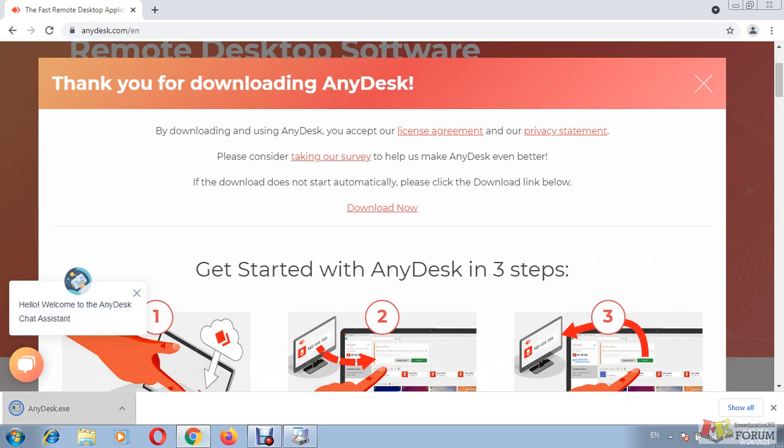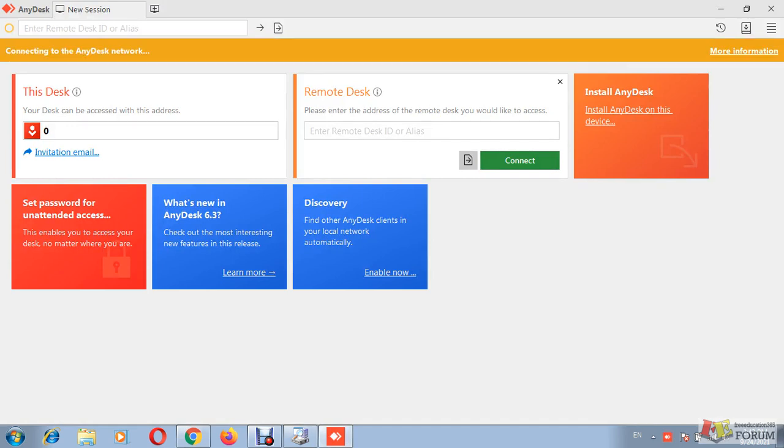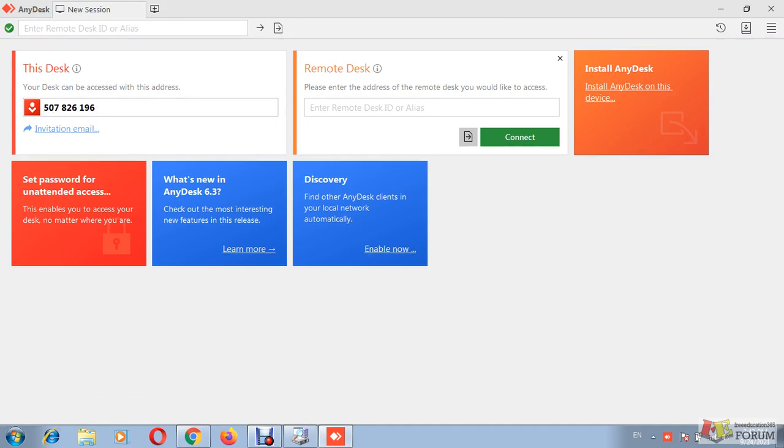Okay, after download we will open it. Once ready, you will get this kind of number in the left side corner.